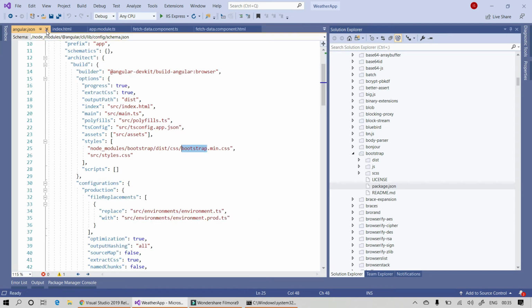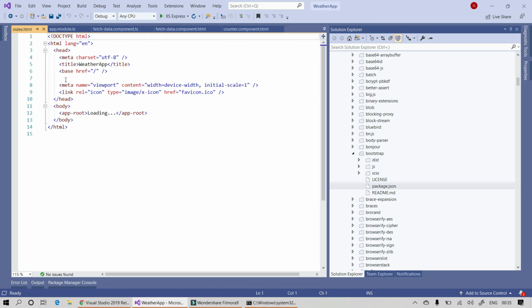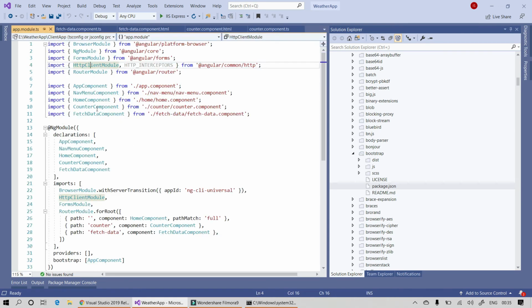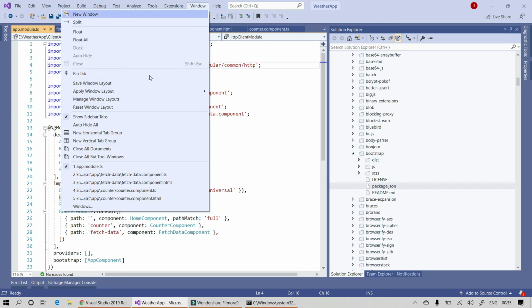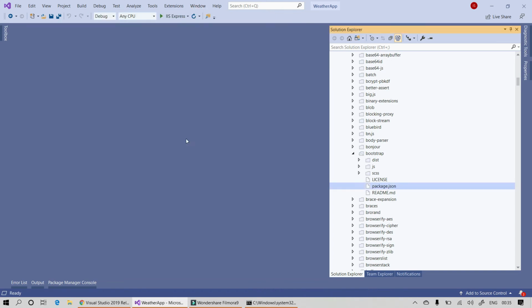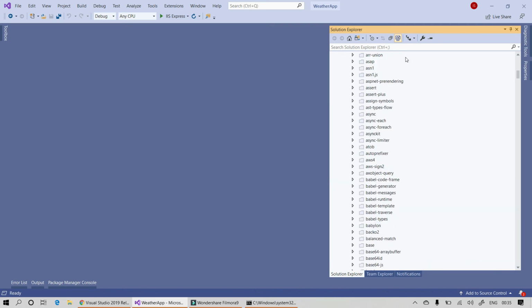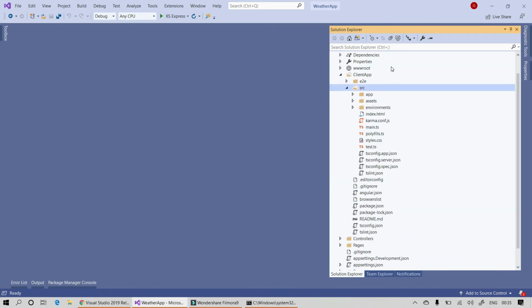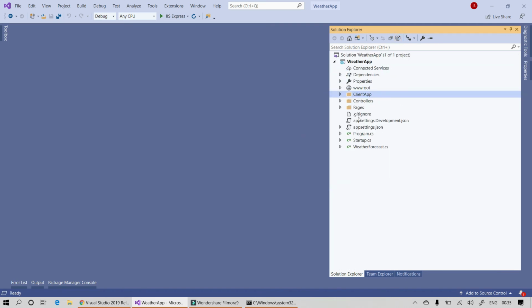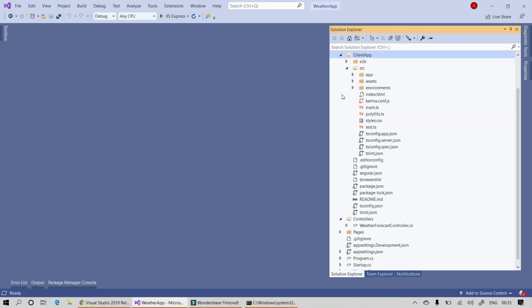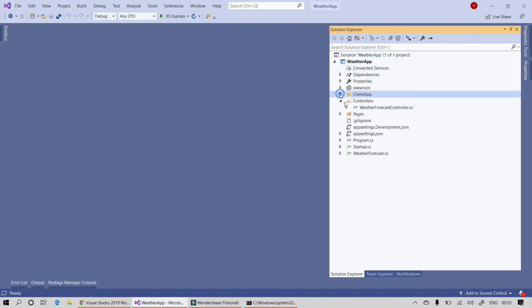So everything is latest. If you want to run this application, you can extend this application. This is kind of like a boilerplate, which you can change and you can close the document. Now I'll just hide this one. So this is pretty much a very simple application. You have the pages and you have the controller, you have the client app. So the pages that will load